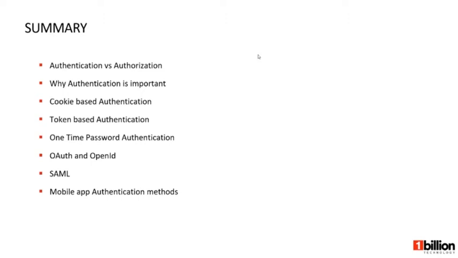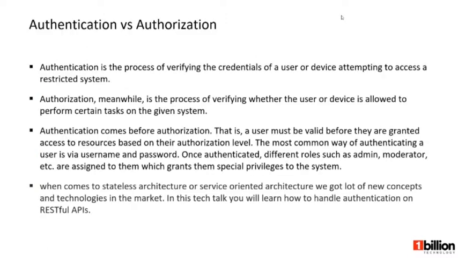After that, I will explain some authentication methods, and at the end, I will explain some authentication methods for mobile apps. So in the first topic, authentication versus authorization. Authentication is the process of verifying the credentials of a user or a device attempting to access a restricted system. Meanwhile, authorization is the process of verifying whether the user or a device is allowed to perform certain tasks